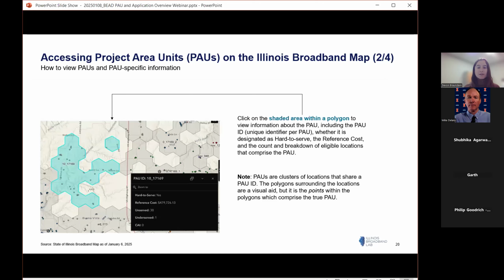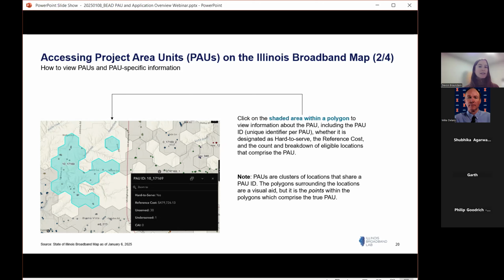So first, I'll highlight a couple of things here. Once you're on the Illinois broadband map, you can poke around to see different information. You can see right now, I must have clicked on a project area unit shading outside of the locations, and this will show me information about that PAU. You can see whether it's hard to serve, what its reference cost is,